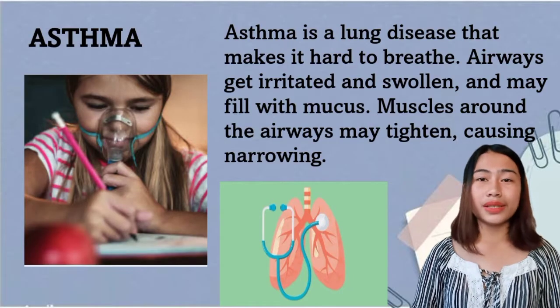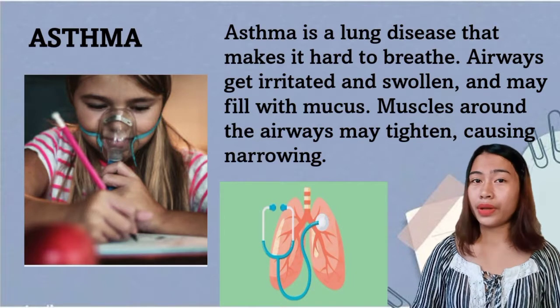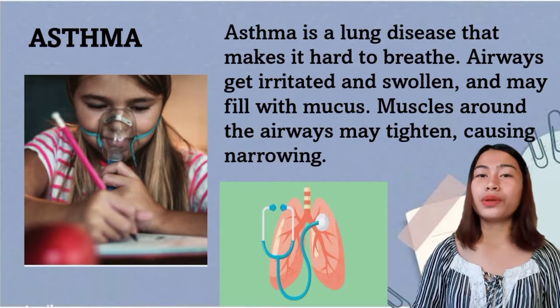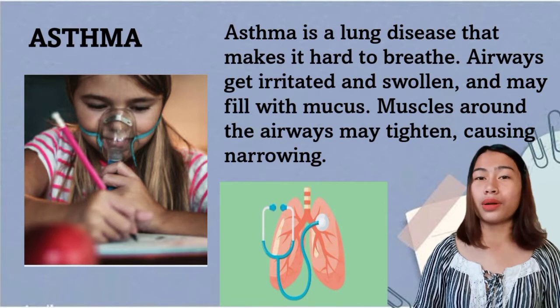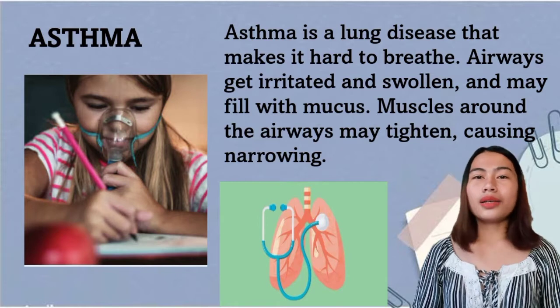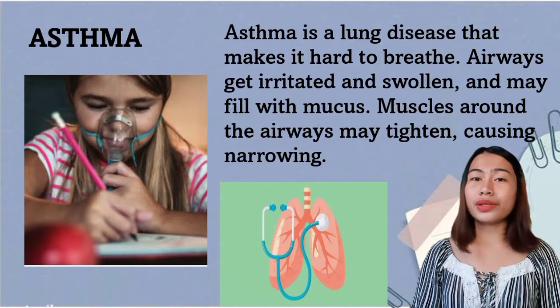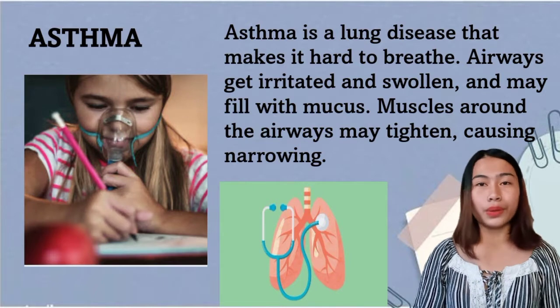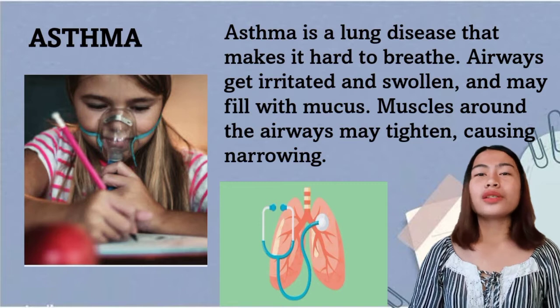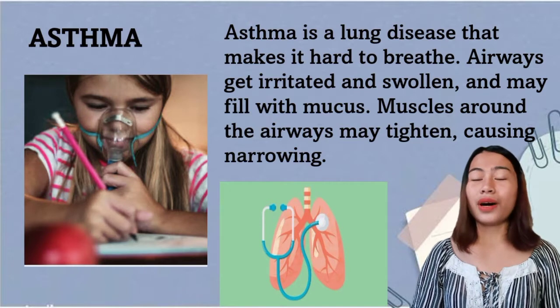Asthma is a lung disease that makes it hard to breathe. Airways get irritated and swollen and may fill with mucus. Muscles around the airways may tighten, causing narrowing. Asthma is one of the main reasons that students miss school. There is no cure for asthma, but it can be managed so that kids and teens can live otherwise normal